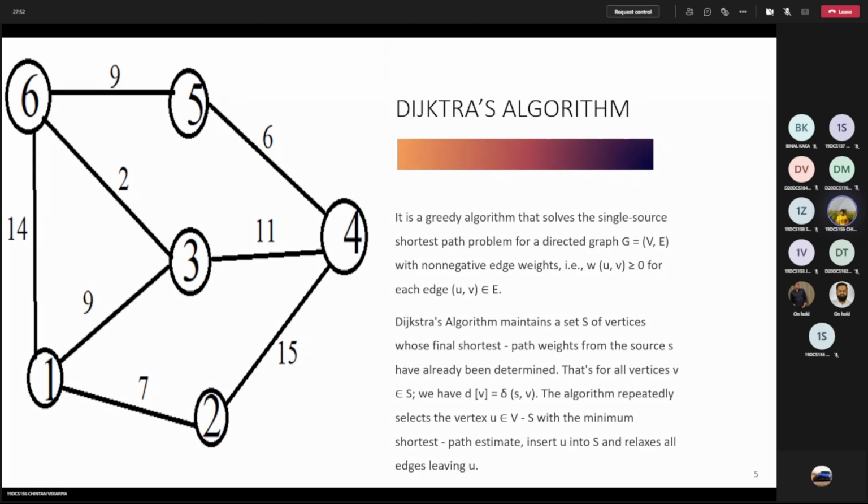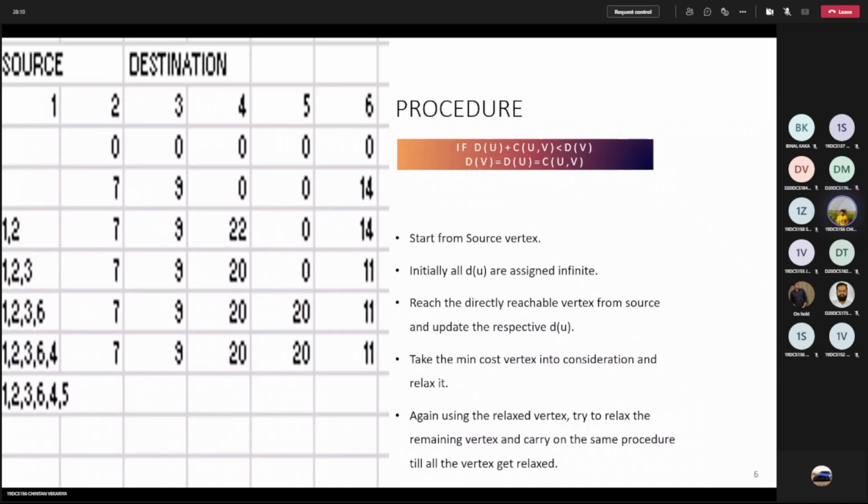So what is basically Dijkstra's algorithm? It's a greedy technique to find the shortest path between two nodes, that is the source and the destination in the graph. I will be covering how Dijkstra's works. Here, let me show you the next table. I have prepared this table, which shows how the nodes are being relaxed based upon the weights that are assigned to them.